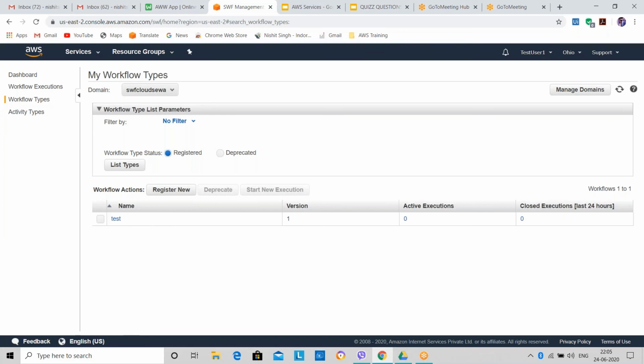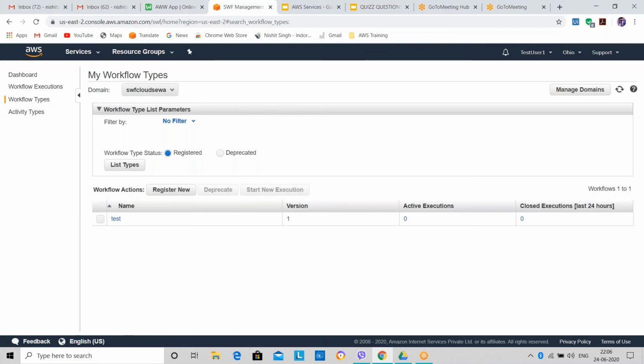But that process, if it is running every day, based on maybe a particular time or based on some activity being triggered, in both cases, if I want to run that workflow which I have configured in SWF, where can I configure this to run?